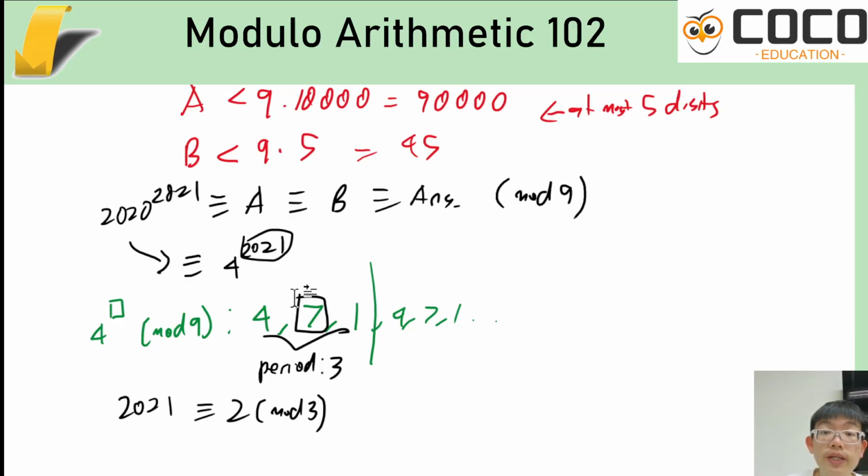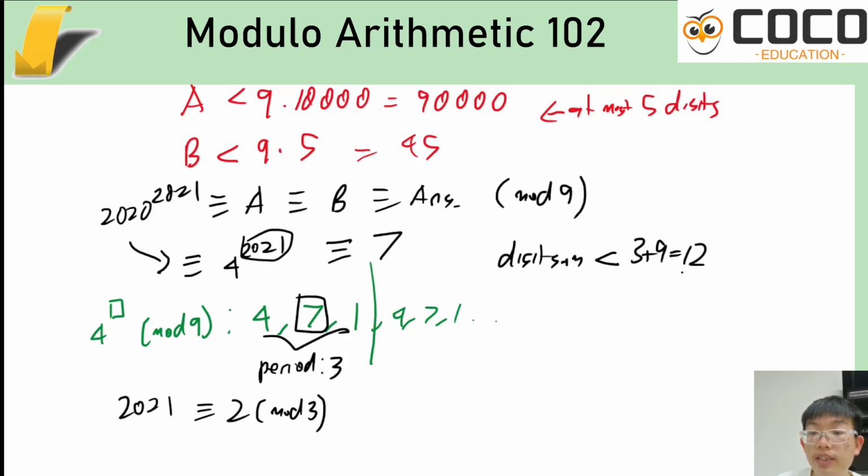So straight away we have found that my answer is congruent to 7 mod 9, and I know that the digit sum is less than, the biggest possible thing you can get is 3 plus 9, which is 12. And so if it is 7 mod 9 and the digit sum is less than 12, your answer is really 7. So this is divisibility test meets modular arithmetic,